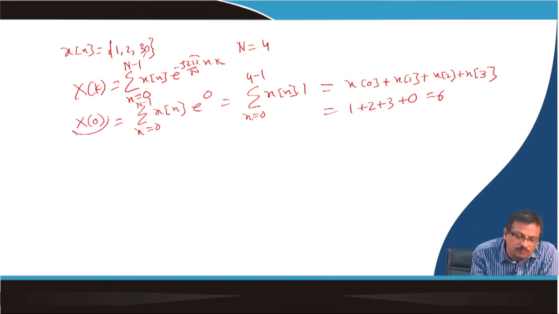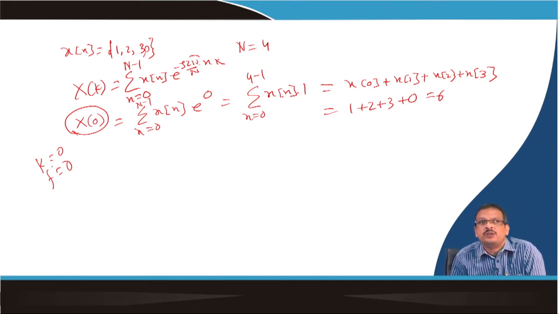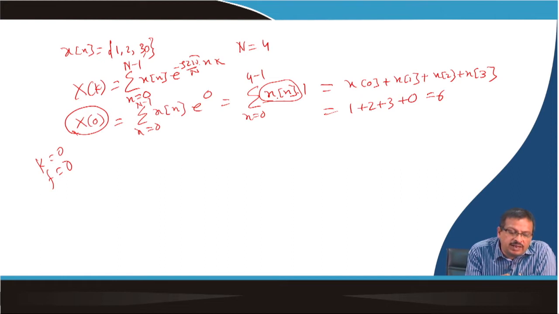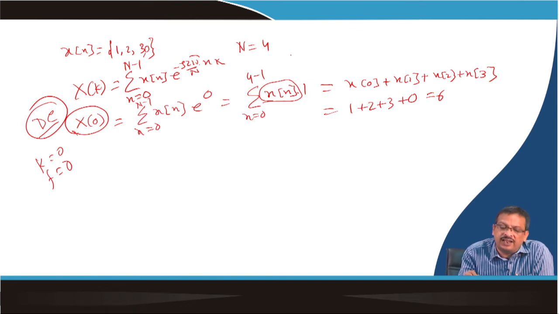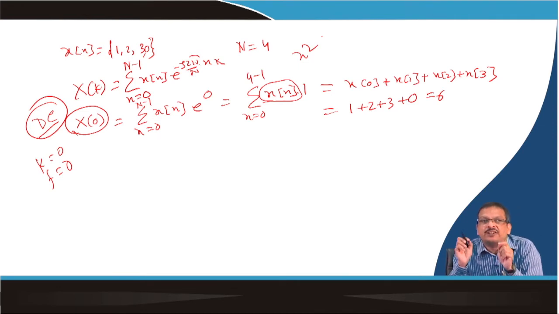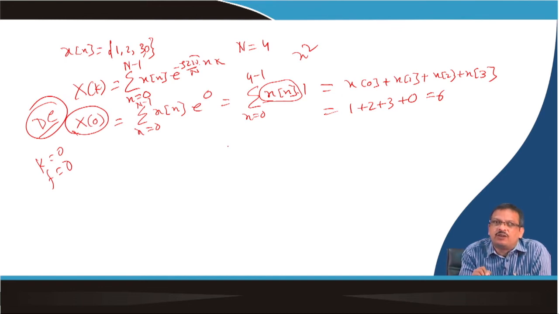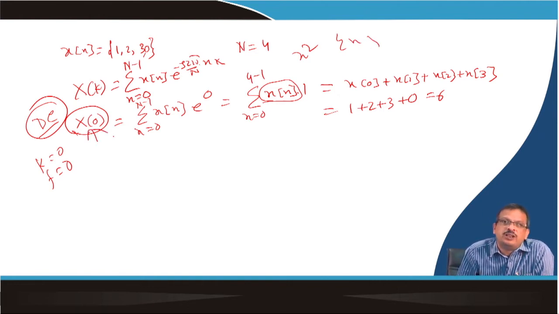And X[0], k equal to 0, means frequency is equal to 0. So it is nothing but the average value of the samples. That's why X[0] is called the DC component. It is not the energy; if I said energy, then x squared has to happen, because if a sample is negative, it will be cancelled. So it is the mean value of the signal. I am not doing 1 by N here, so I can say it is the sum of the samples, which is X[0] at frequency equal to 0. That's why it is called the DC value.